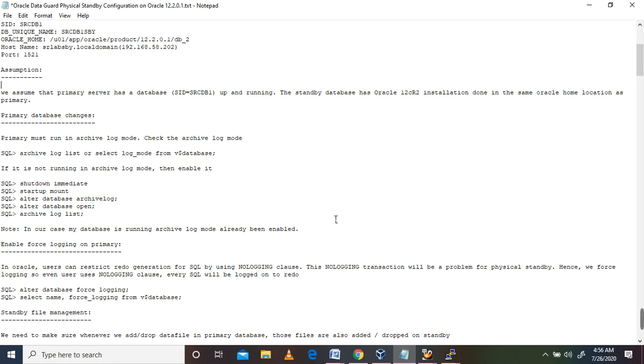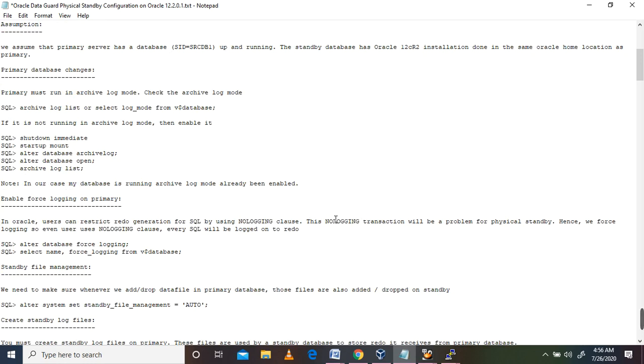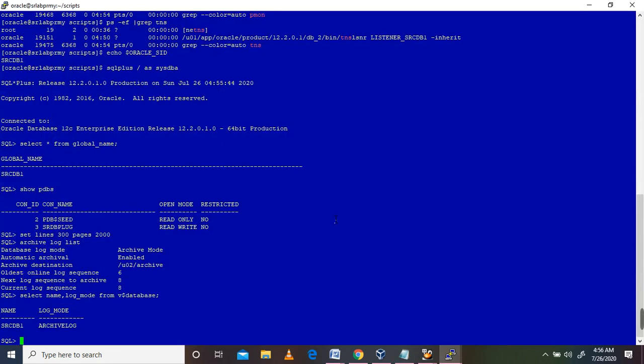After that, enable force logging on primary. We need to check whether the database is running with force logging.